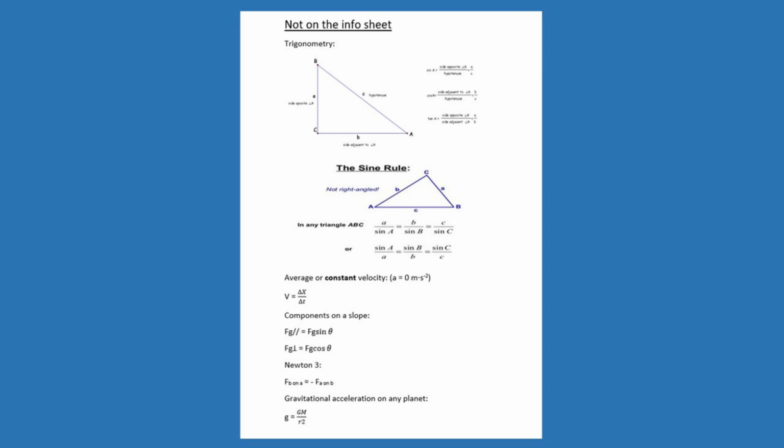I always say, remember, silly old hags come and have tea or apples. So sine is opposite over hypotenuse. Remember, the hypotenuse is the one opposite the 90 degrees, and the opposite would be the side that is opposite the known angle that you're working with. Cos theta is equal to the adjacent over the hypotenuse,